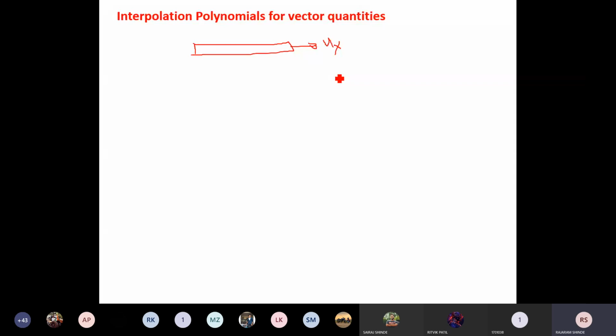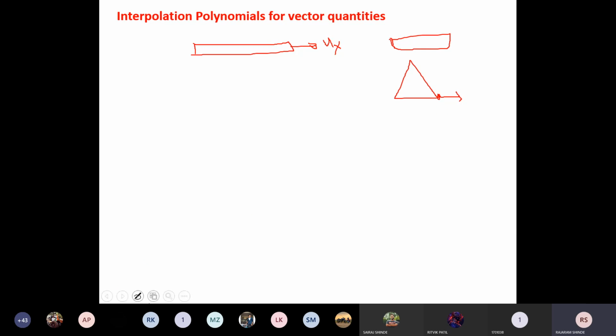Now, when we go for thermal problems, your field variable is the temperature. Field variable is temperature. Okay. In case of one dimensional, there is no issue of the vector quantities. But when we go for two dimensional, and if we have thermal problem, our field variable is temperature. But temperature is not a vector quantity. It is not direction dependent. So the solution or the problem which we have solved, that is acceptable problem. The polynomials which we have written, that are acceptable polynomials. Okay. It may be one dimensional, it may be two dimensional. If field variable is a scalar, then we will get only one problem.